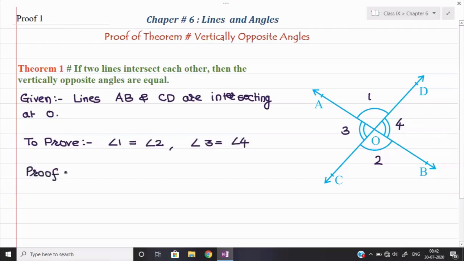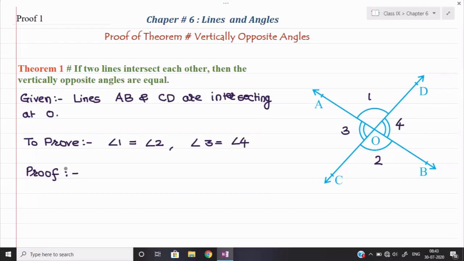Now to complete the proof of the theorem, remember here, if we are able to prove any one, meaning angle 1 equal to angle 2, then it is not required to prove angle 3 equal to angle 4, because on the same hypothesis we can say that similarly angle 3 and angle 4 are equal. So in geometry you can skip the similar solution which is based on the same hypothesis. Here we shall try to prove only one pair, 1 equal to 2 or 3 equal to 4, whichever comes first. Then for the second one we shall say similarly we can prove it.